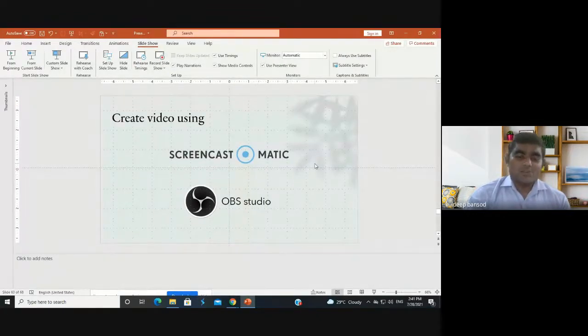If the mobile application is also there, you can record. But the maximum length of recording allowed by Screencast-O-Matic on the desktop computer is 15 minutes. But on the mobile application, it runs for any length of time. You can use it for more videos. You can visit our YouTube channel of the department.